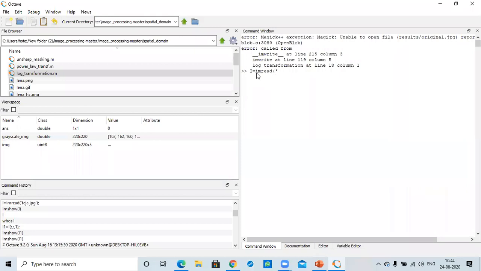If possible, you can convert these things into a Python program and share it with me. It is a PNG picture. Whatever the extension is, we have to take it as it is: Lena.png, or here we have two pictures, Lena.png and Lena.gif, whatever it may be. Always put a semicolon, otherwise the values will come one by one, and that disturbs our process.